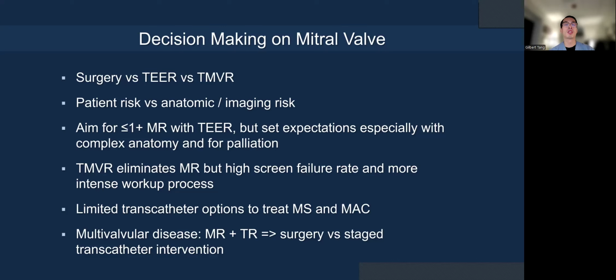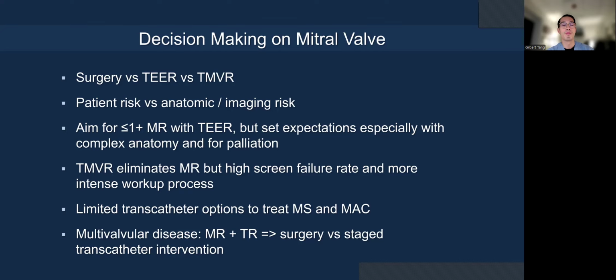So in summary, the decision-making on the mitral valve is really: is it surgery versus TEER versus TMVR? What are the patient risks versus anatomical imaging risk? You really want to aim for 1 plus or better MR with TEER, but definitely set expectations, especially with complex anatomy or when the patient is really for palliation. TMVR does eliminate MR, but unfortunately has a high screen failure rate and a more intensive workup process. There are limited transcatheter options right now to treat MS and MAC. And don't forget multivalvular disease, because you want MR and TR to be treated, including with surgery or staged